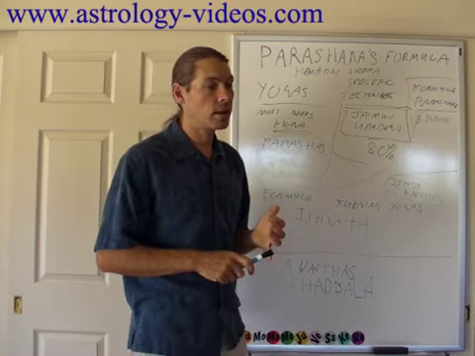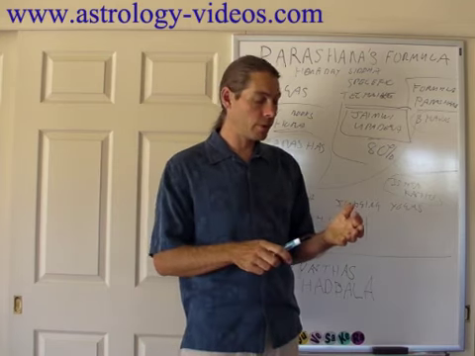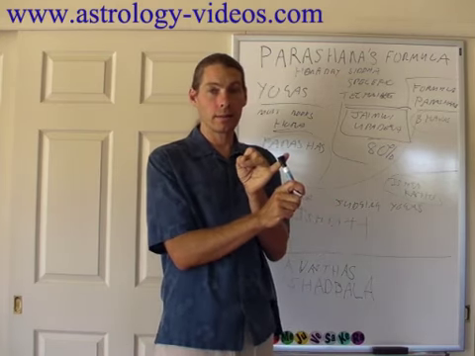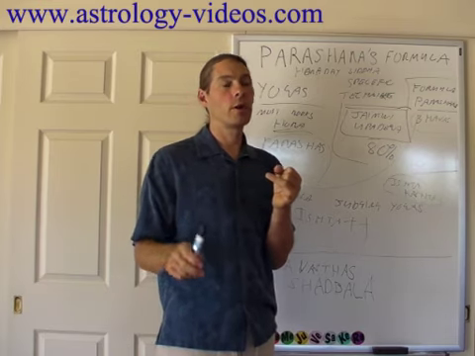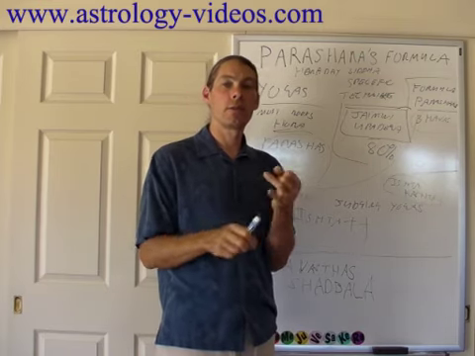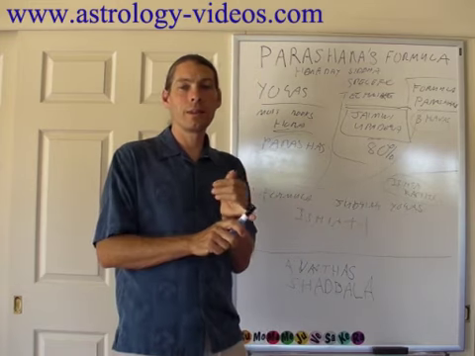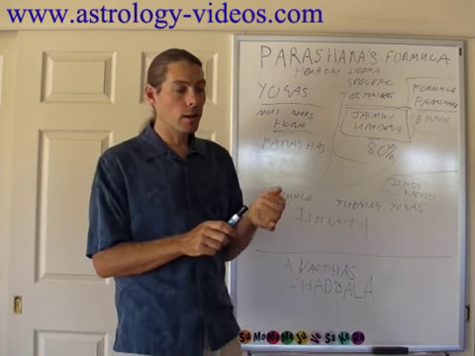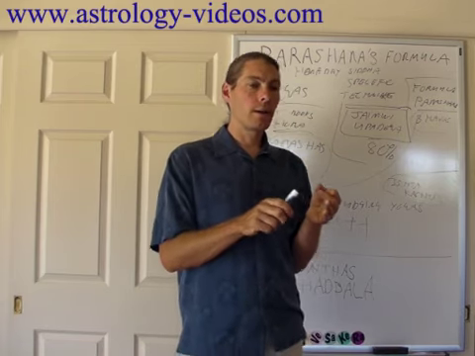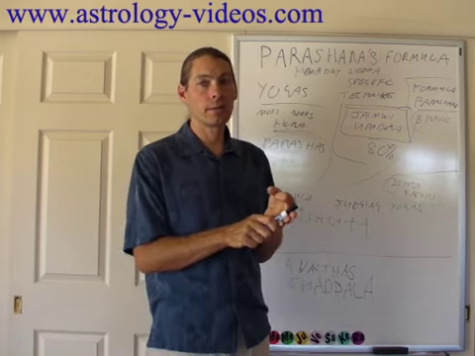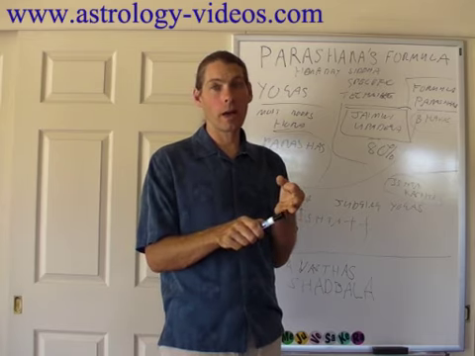And what is the rest of the stuff you don't need to spend your time on? Well, things like planets and signs. Most of the other classical texts talk about Sun in Aries, Moon in Taurus, Mars in Taurus, planets and signs. You don't need to learn that. It doesn't work. They'll also talk about planets aspected by planets. It doesn't work. They'll talk about planets conjunct planets. It doesn't really work, okay?